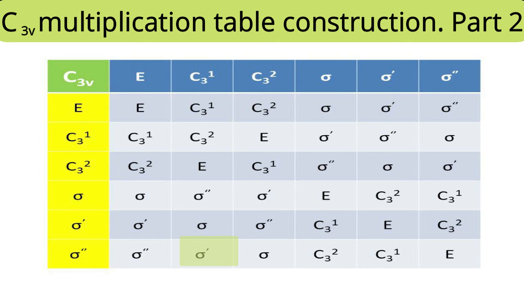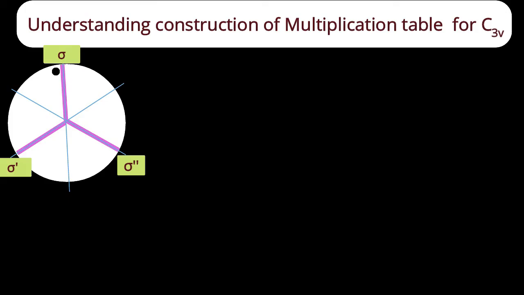Now let us obtain the last point in this quadrant. That's the multiplication between sigma double dash and C32. It's our beautiful ammonia molecule, original structure. On this, I will perform a reflection operation. Which reflection? Sigma double dash. What do you think? Where will that knot come? Yes, the knot will come to the left side. Where? To the upper portion of the left side bar.